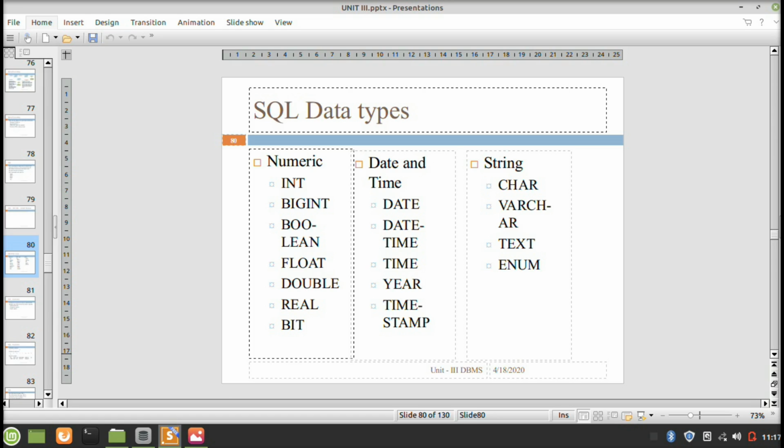Date and time will include the date, time, and also the timestamp, which is supported in the Unix environment. The string will contain character, variable character, text, or enumerated data types. Keep in mind, the data type selection is usually decided by the nature and the intended use of the data.